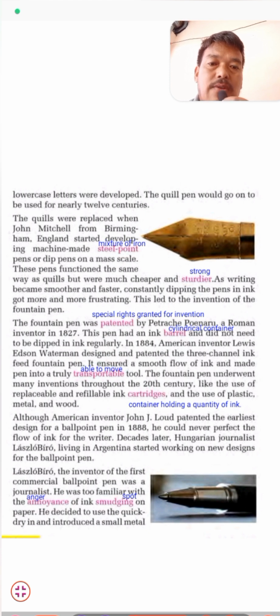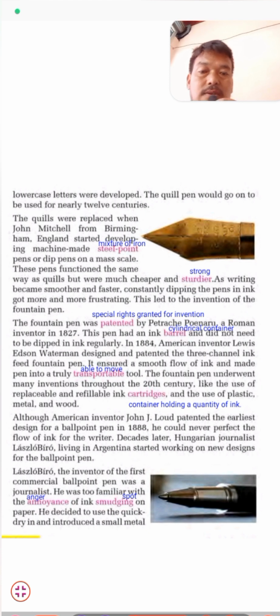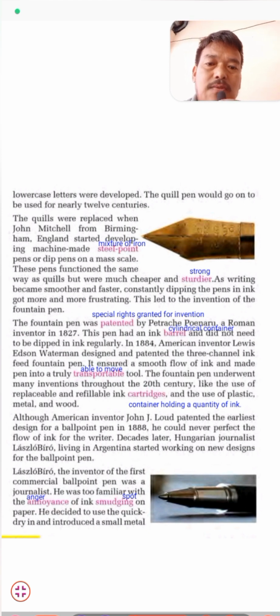He was a Hungarian journalist, and he was too familiar with the annoyance of ink smudging on the paper. Students, he had used the earlier ink pen, and he was very annoyed because of its spots on the paper. Smudging means ink spots, and annoyed means very angry. He had faced such smudging problems while writing, and that's why he decided to invent another pen, the ballpoint pen. He decided to use quick-dry ink and introduced a small metal ball